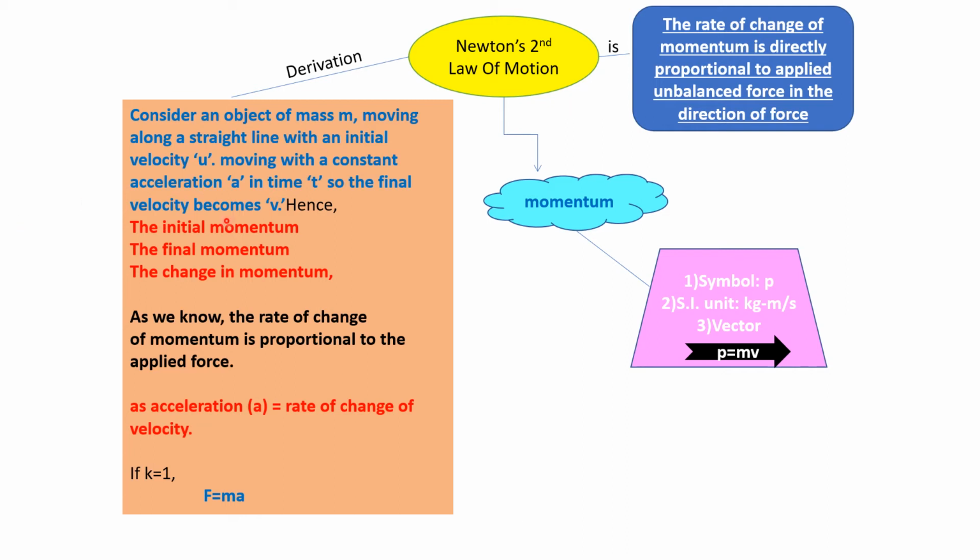So consider a momentum, meaning we have to consider mass. So consider an object whose mass is m. Now that object is moving in a straight line motion with some velocity, of course. So let's say the initial velocity is u. Over a period of time, it will change its velocity because the body is constantly accelerating by an acceleration a. So over a period of time, if its velocity changes, the final velocity becomes v.